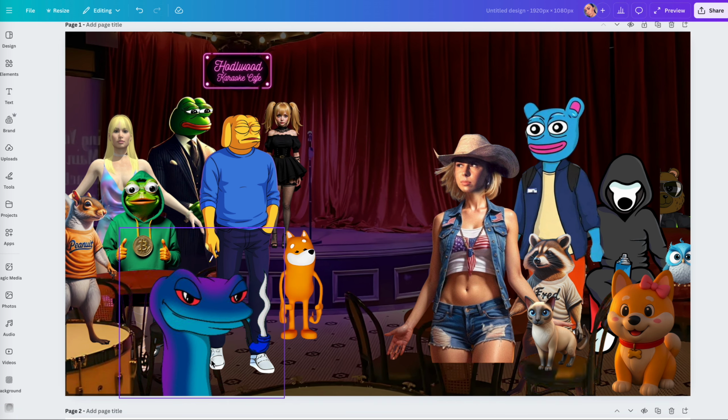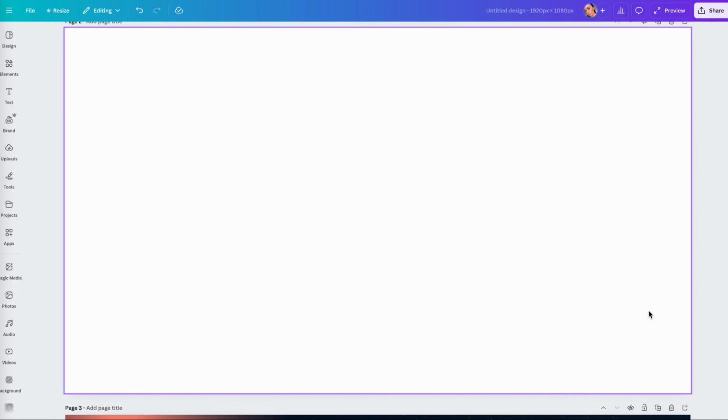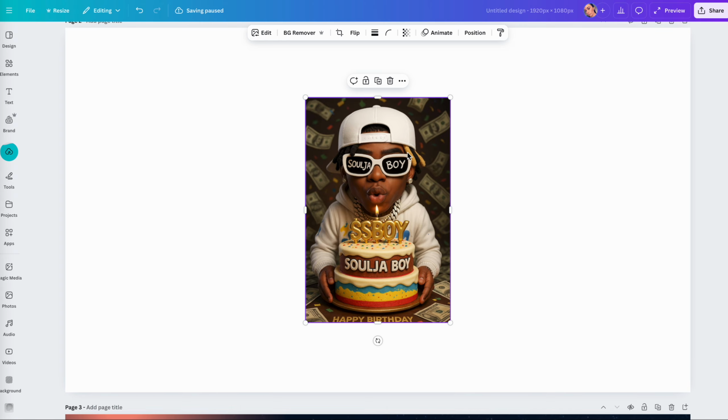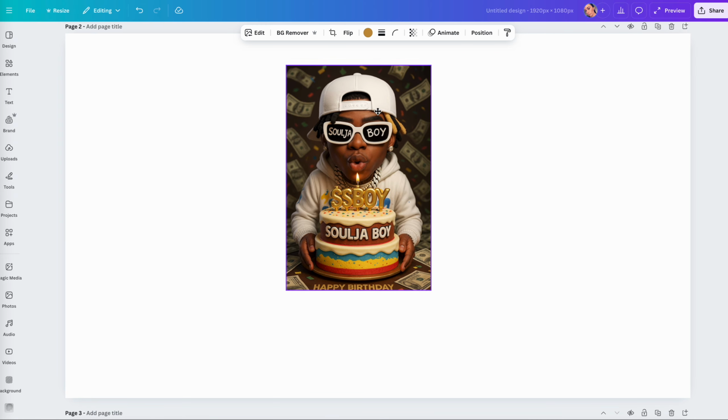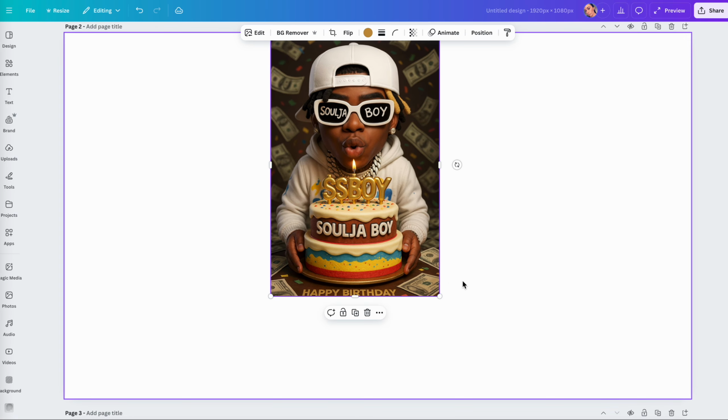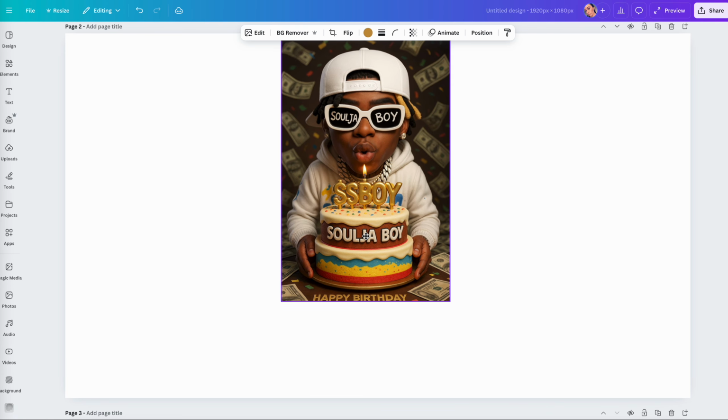So guess who's going to go right here in the middle? The birthday boy. All right. So we're actually going to start with an empty canvas here. All right. So what I like to do when I'm building my scene is I take the meme and I put it in Canva. Well, this is kind of an unfinished design.